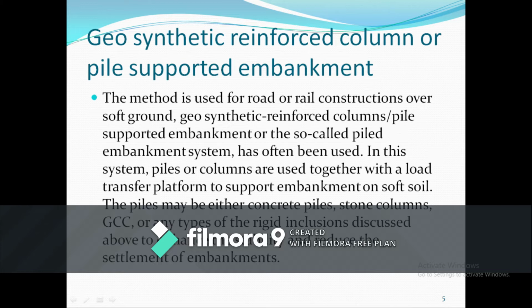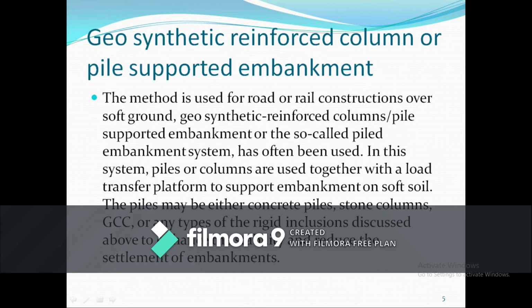In this system the piles or columns are used together with a load transfer platform to support the embankment on soft soil. So here what are you using?